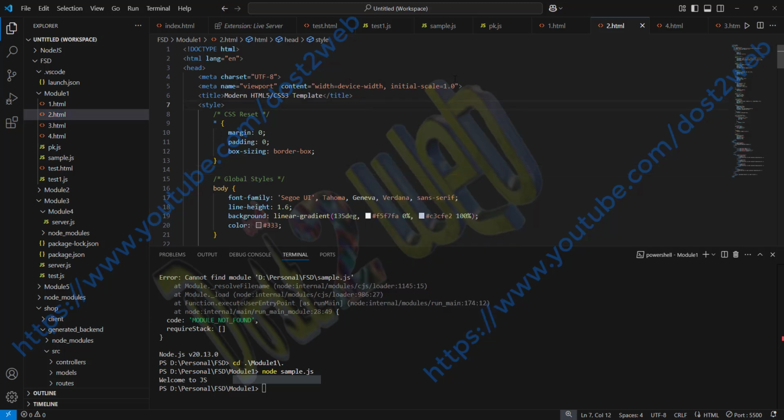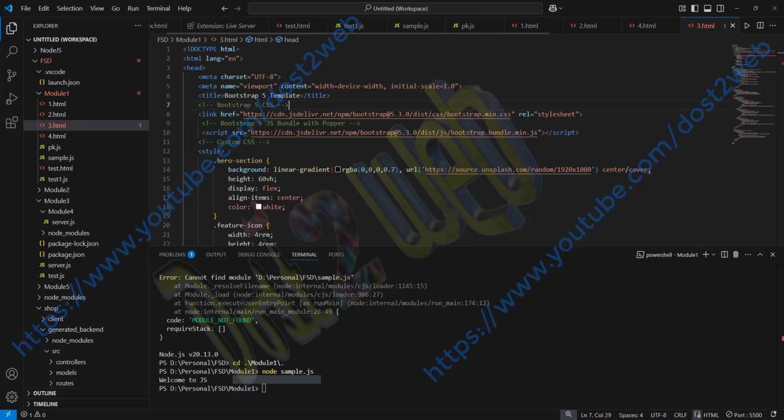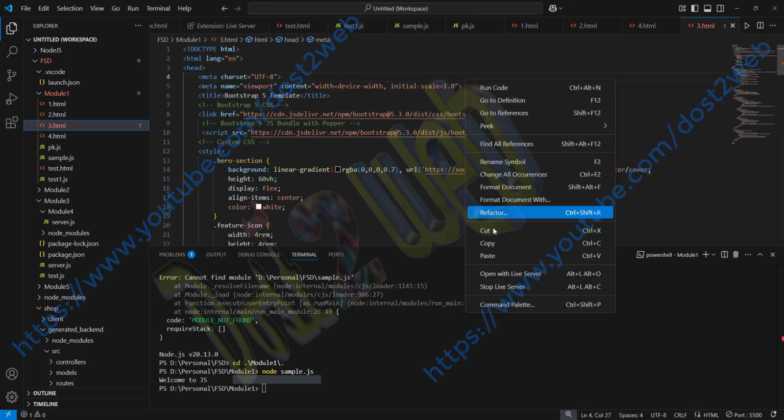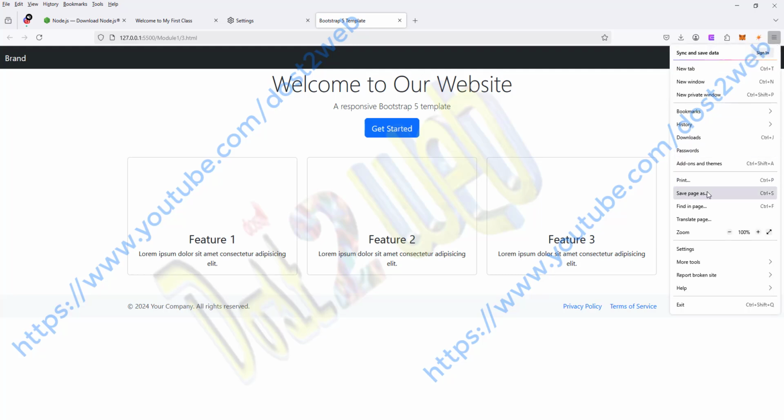Okay. So where is that? Okay, I have four here. I have written this. This is 3.html. Okay. This is the code. I'll just show you that. We'll discuss it in the next class. Open with the live server. Now you can see that. Just: welcome to our site. I have generated this code. I'll go to the again